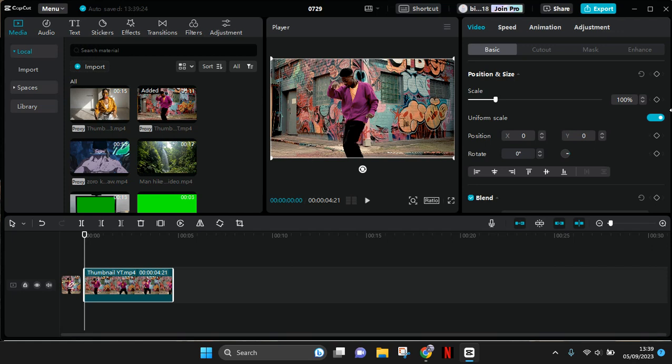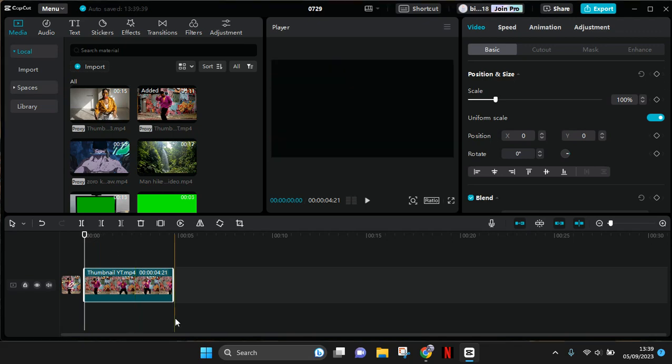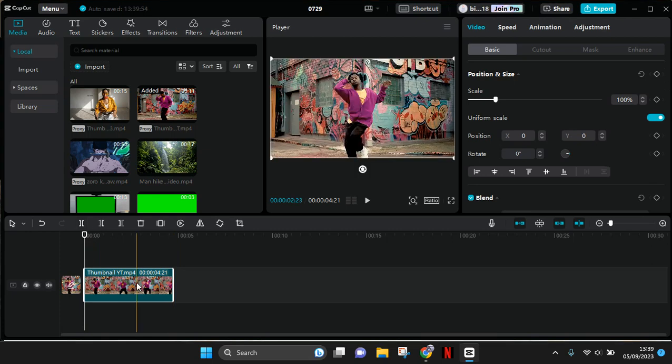On today's tutorial, I'm going to show you how you can add keyframes to the video effects on CapCut PC. If you knew that on CapCut Mobile, we can now add keyframes to adjust the intensity of the video effects that we use. But actually in CapCut PC, the feature is not yet available, but I found this trick and here I'm